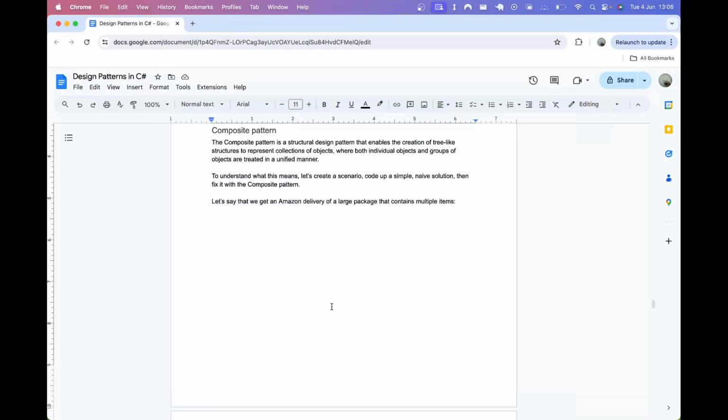The composite design pattern is a structural design pattern that enables the creation of tree-like structures to represent collections of objects, where both individual objects and groups of objects are treated in a unified manner. So to understand what this means, let's create a scenario, then code up a simple naive solution, then fix it